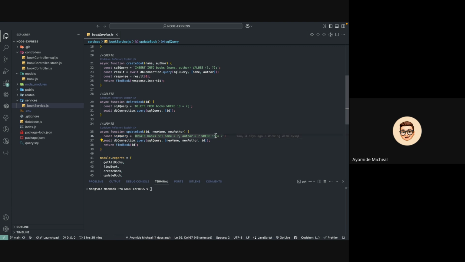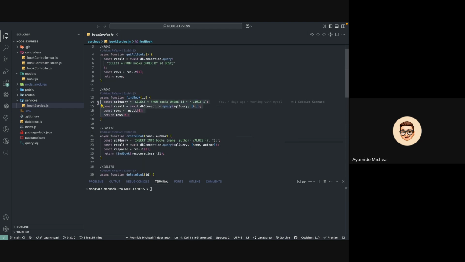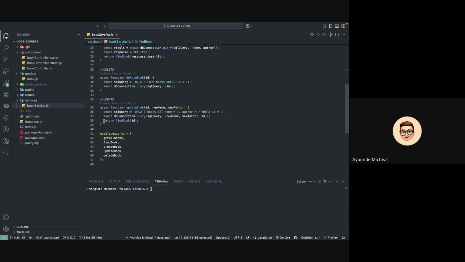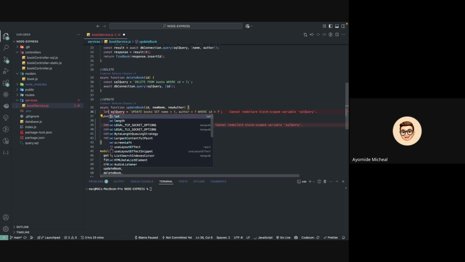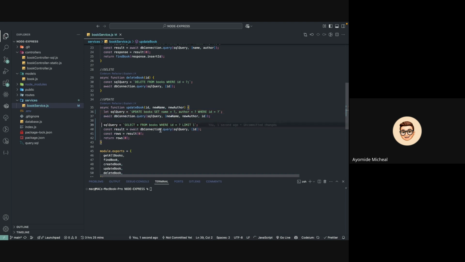Here I wrote the query, I added all those things, and after running the query, I still had to find the book. So this find book method I did here was the same thing as this. Let me remove this. So if you notice something here, I have the update and I have the find. Are you getting me? Instead of having to handle all these things,